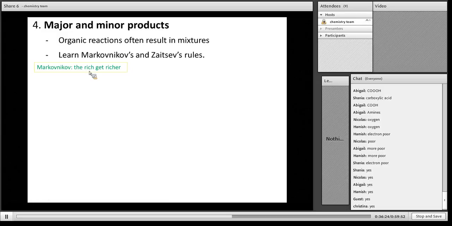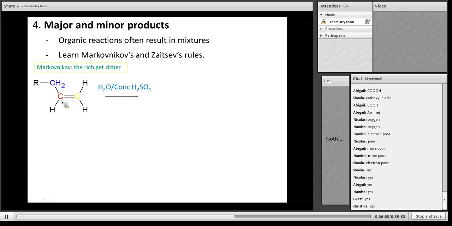So that carbon gets more hydrogen, so he's getting richer. So if you just think of Markovnikov, the rich gets richer, and this applies to addition reactions because we are adding. Remember, if we're adding hydrogen, we've got to have an addition reaction. So as an example here, I've got a yellow carbon and a red carbon, and I'm